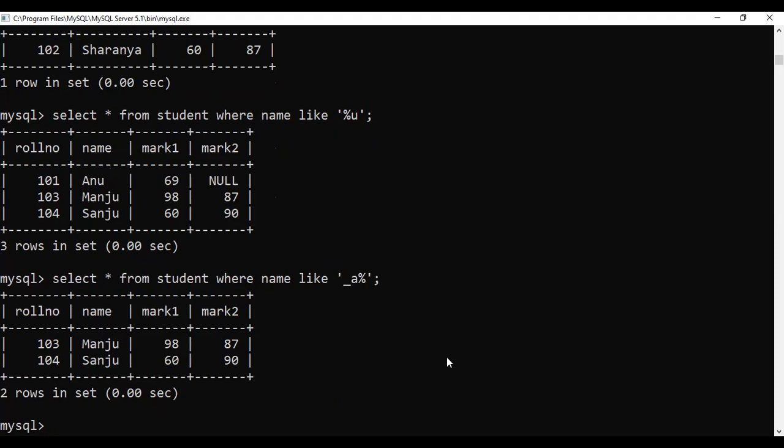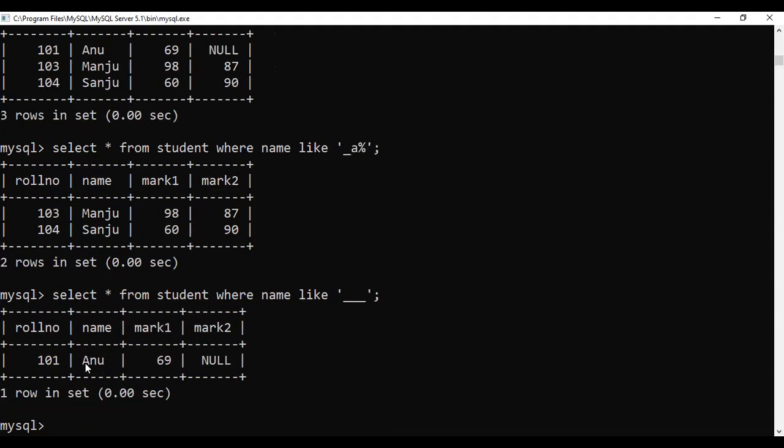Suppose I just want to display the details of the students with exactly 3 characters, so how will I do it? Select star from student where name LIKE what? 3 characters. So 1 underscore for the first character, second character, and third character. 3 underscores we have to give, and you can see which are the names consisting of exactly 3 characters.